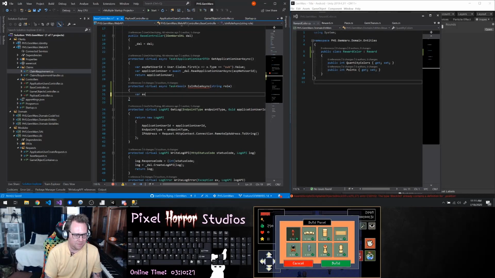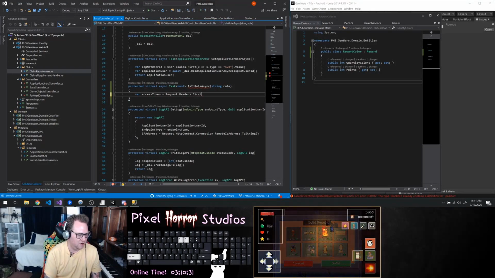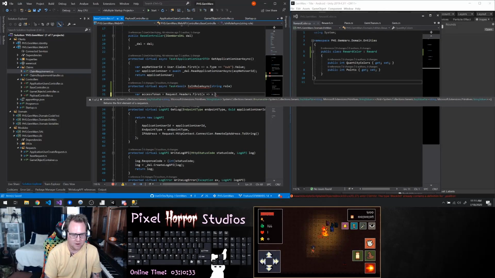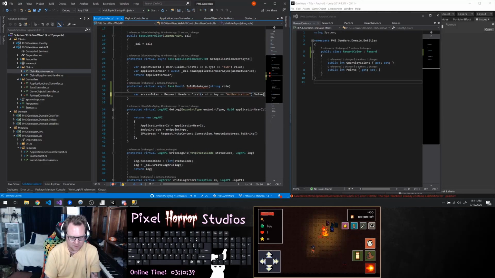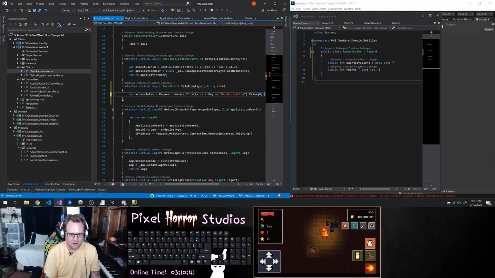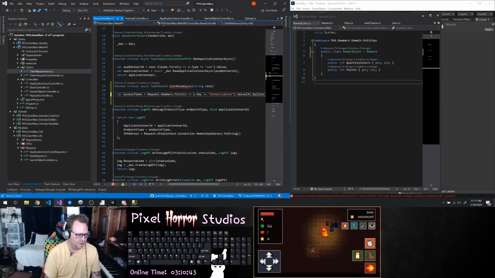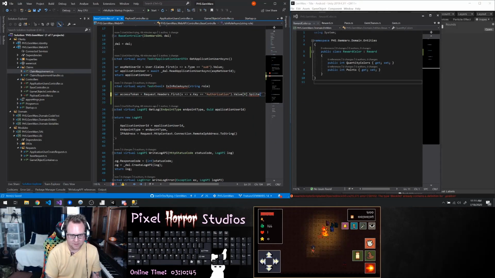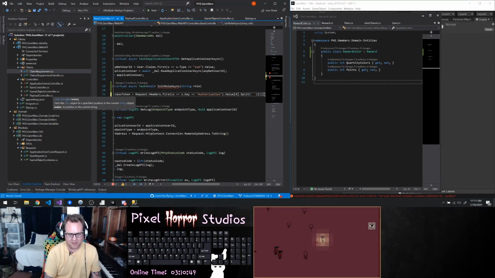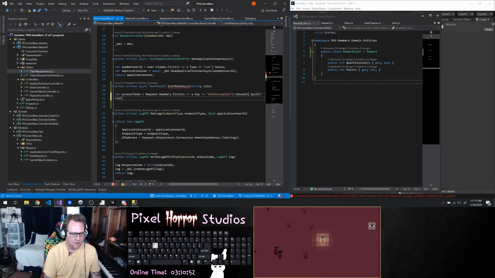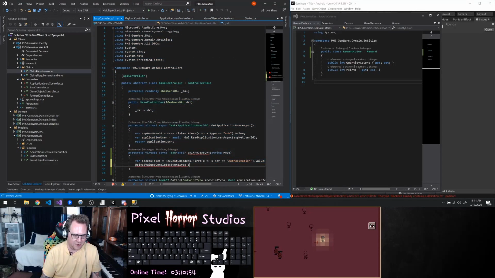So I'm first going to get my access token from my headers where my key is equal to authorization. And I want to get the first one of the values and split it by a space, and then we want to get the second part of that, which is the access token. And then I want to get the discovery endpoint,